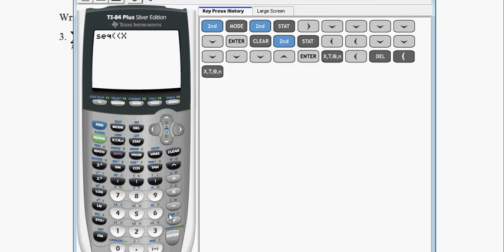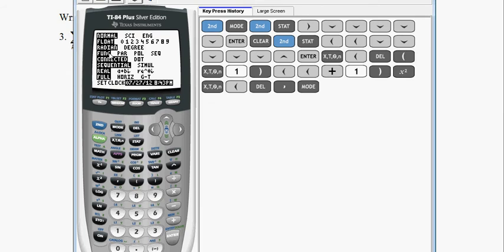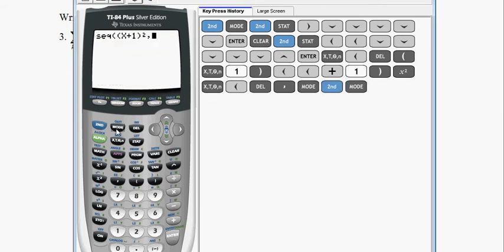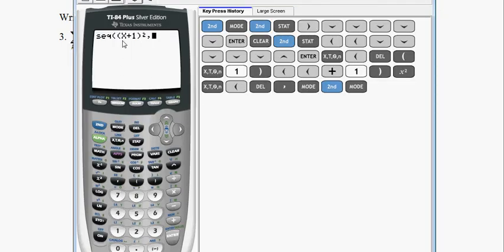Defined by x plus 1 plus 1 squared, comma, delete, comma. So notice, by the way, I changed my mode back into function mode. I don't really need to be in sequence mode anymore. Sequence mode is really only useful when you're doing recursive sequences. So our sequence is x plus 1 quantity squared, and that's just our definition right here, k plus 1 quantity squared. Our variable that we're dealing with in this case is x, so you put an x there, comma, and